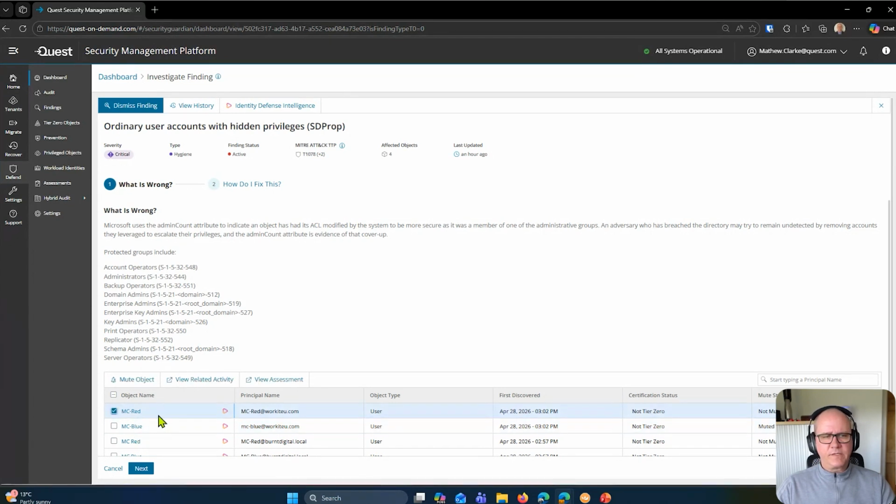What I'm more interested in is I'm going to look at the MC Red account. So I know that this account shouldn't have been an admin inside my environment. Whatever the reason is, I'm going to go look at that. So if I click on View Related Activity, that will give me an immediate view of everything this account has